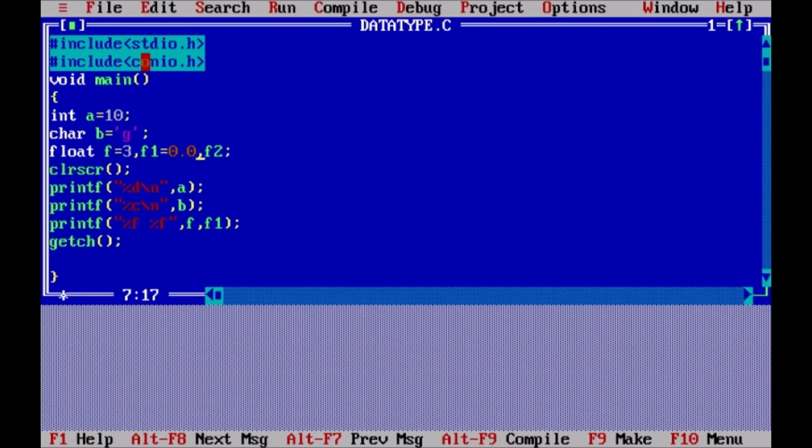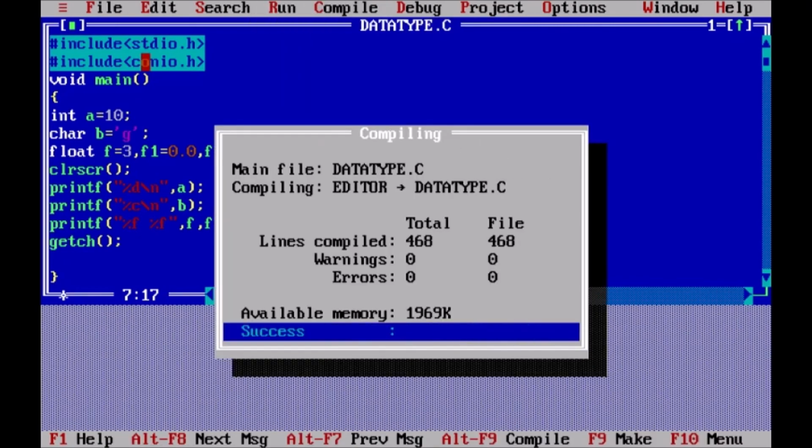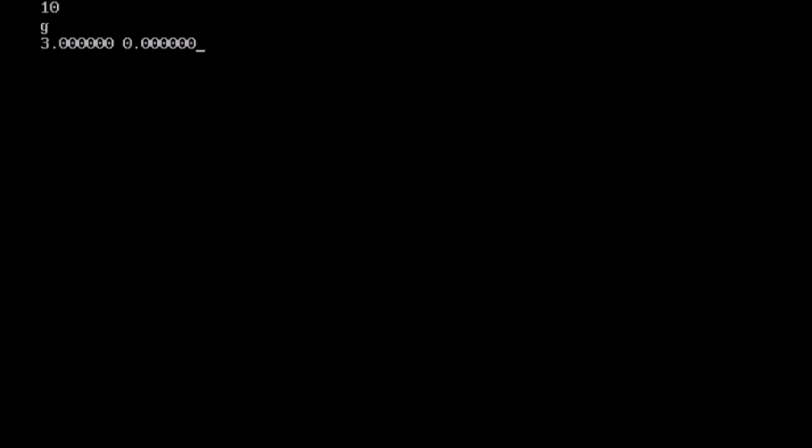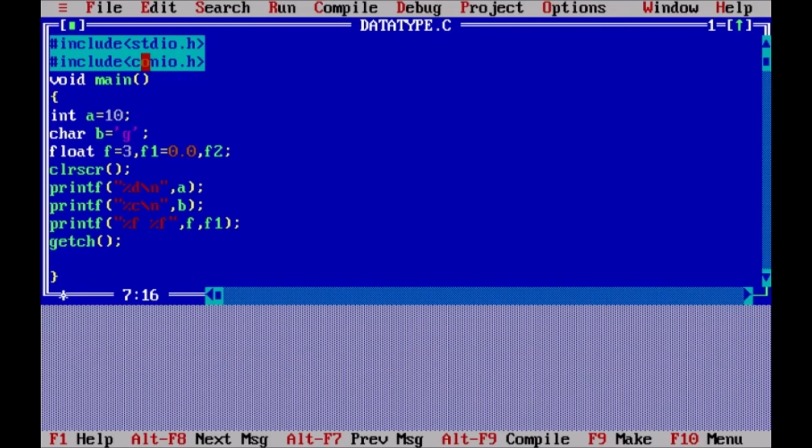Okay, fine. Let us try printing it. Here you can see more than one variable has been printed on the screen. So this is the way you can do it. The similar thing can be done for any data type.